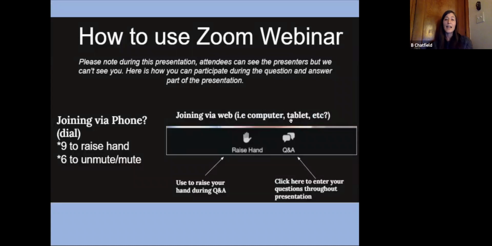This meeting has two ways to interact. If you're joining us on a computer, to ask a question, you click on the raise hand button on the bottom of the screen. That will alert one of us and you'll be called on in the order that the hands were raised. You can also type your question by clicking the Q&A button and entering your question there. We'll be showing you the presentation first, and at the end, we'll respond to your questions.